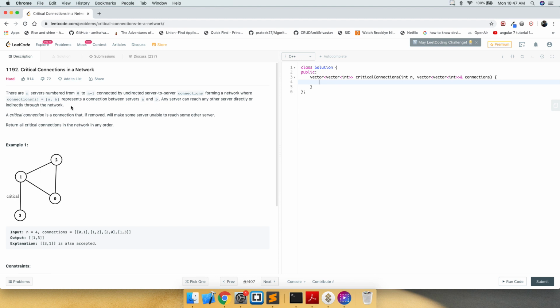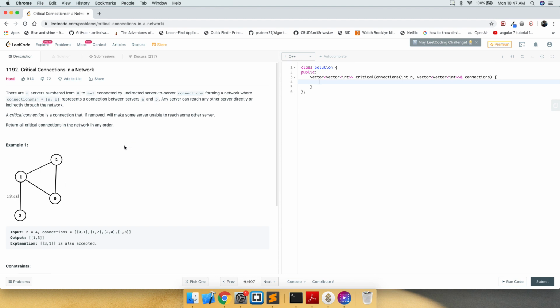What basically is a critical connection, or you can say a vertex which becomes critical, is a vertex which, when removed from the graph, makes the graph disconnected, or we are not able to reach all the other vertices once that particular vertex is removed.